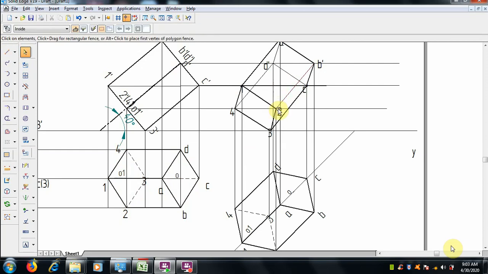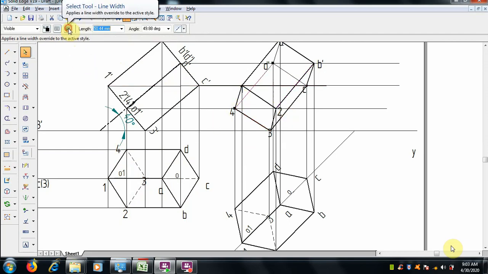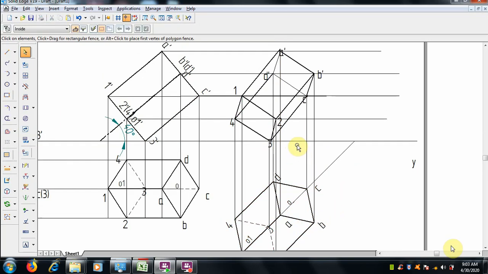So the visible edges 2 to B, 1 to A, all are visible edges with 0.5 mm thickness. The remaining ones we have to make with the hidden line. Now all the visible edges which are joining the top should be joined with 0.5 mm thickness.